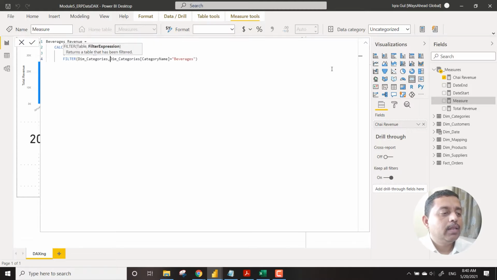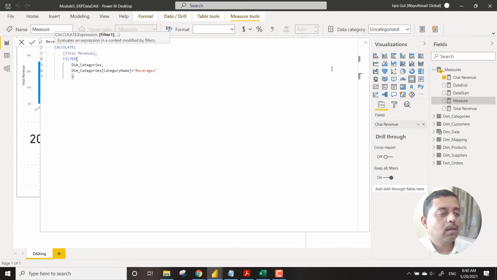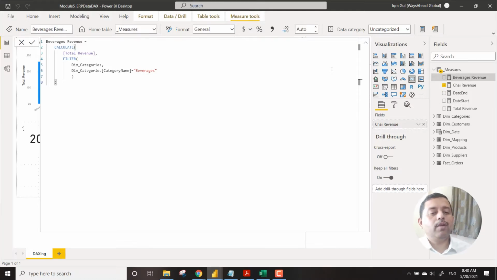Very, very simple understanding. So let's see how this works. Something like this. So now we have chai as well, and we have beverages as well.